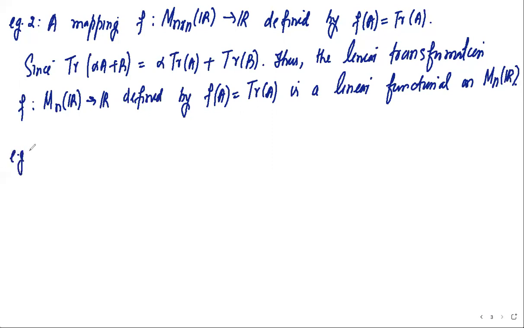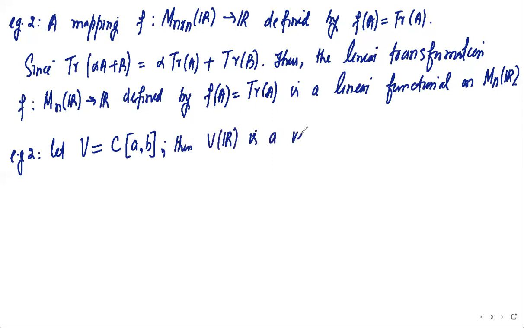Now let's take one more example. Let V be the vector space of all continuous functions on some closed interval [a, b]. Then V over R is a vector space. Now we define a map F from V into R by